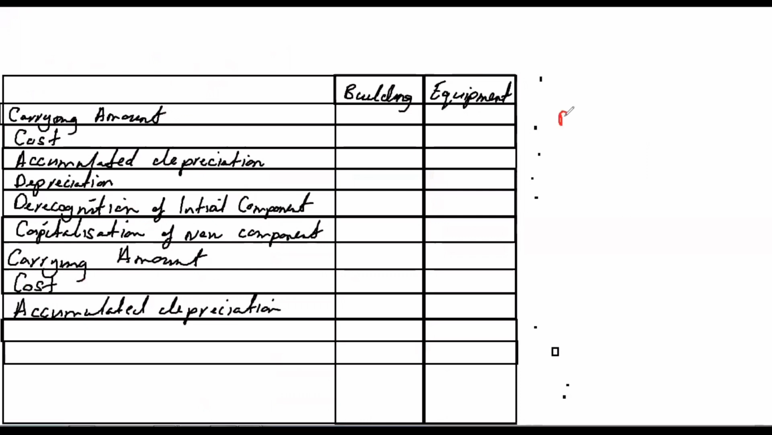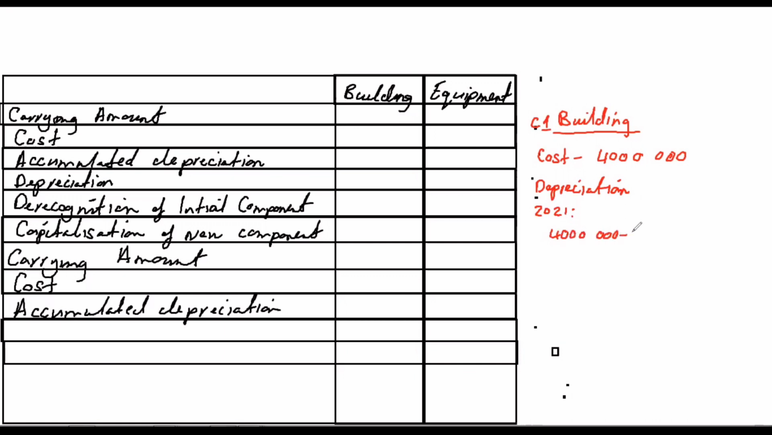Also with the building, we say building. So you need to reference your work. Maybe you call this calculation 1, if it was part of the exam. Cost: the cost is 4 million. And then depreciation. Depreciation for the 2021 financial year. The cost is how much? 4 million minus the residual value of how much? 600,000. Everything over 20 years